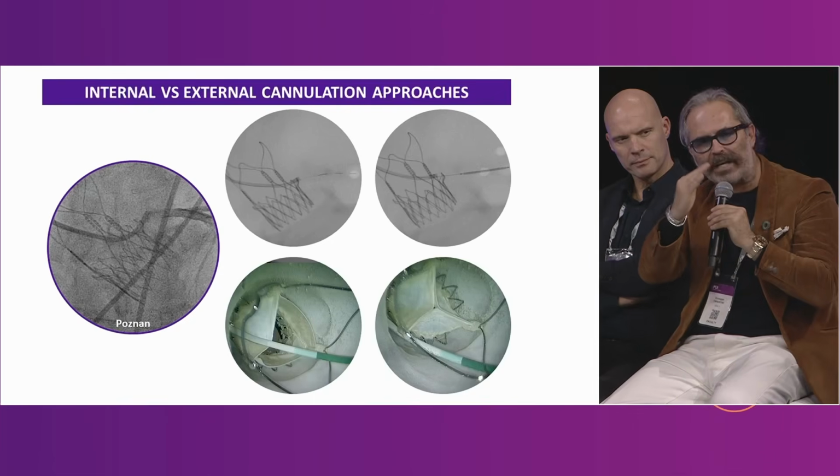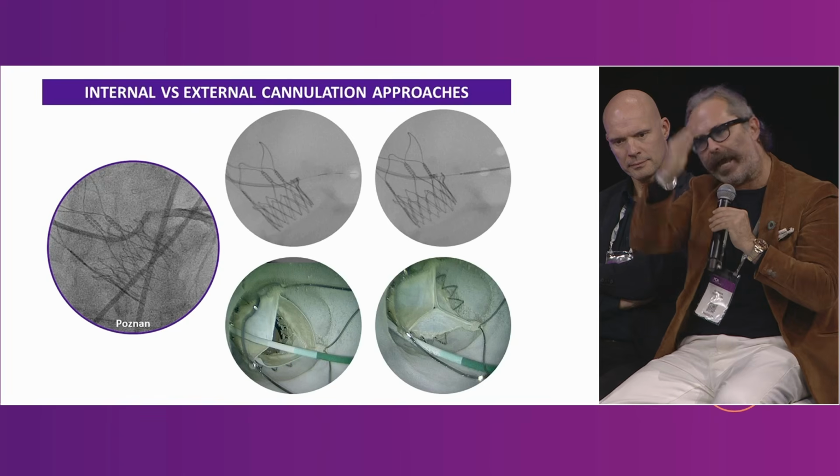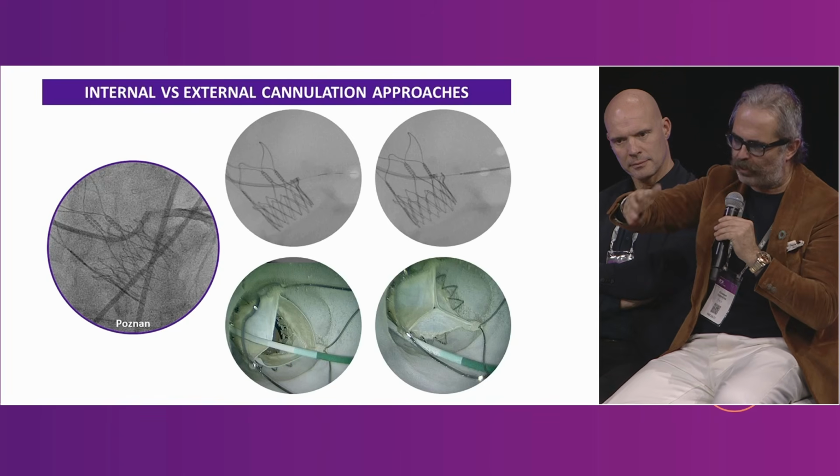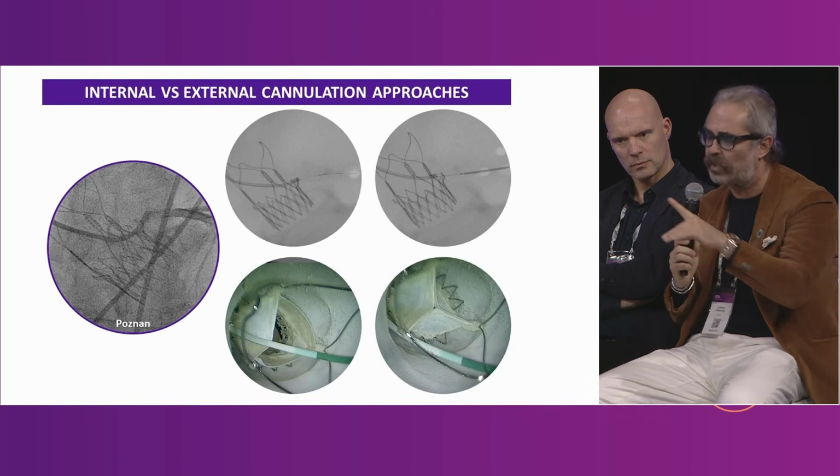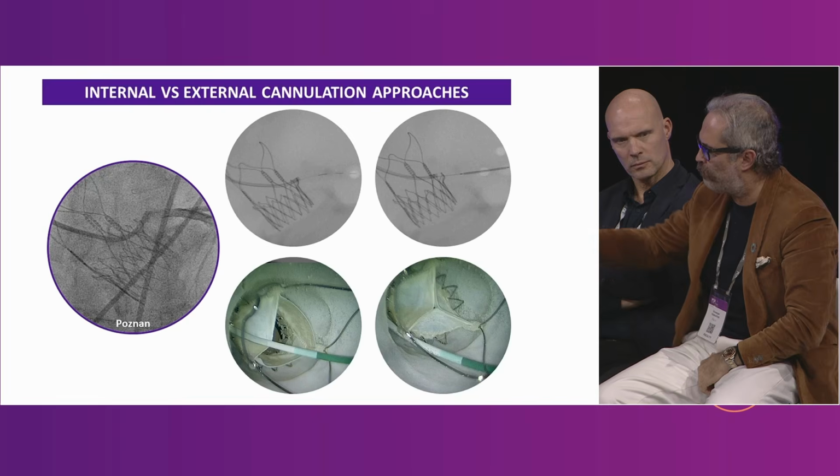I think a point in favor of this valve, which is important also to share with the audience, is that as you nicely have shown, you can get into the coronary artery from outside of the struts, considering that in this valve the leaflets do not hit the struts, so it's not possible to tilt up completely the leaflets. You have an extra space between the maximum excursion of the leaflets and the struts. So you can get to the coronary outside of the leaflets or outside of the struts. This is an important point because this is not true for all the self-expandable valves.